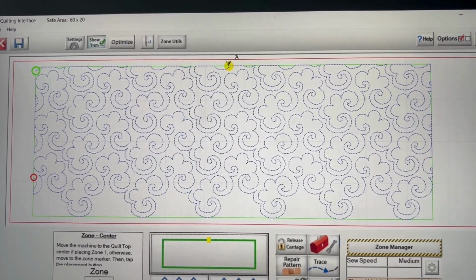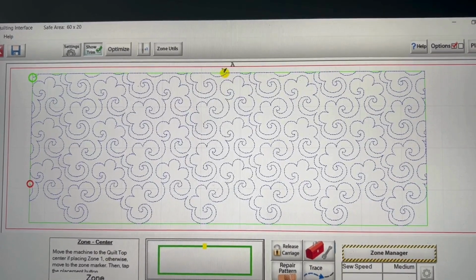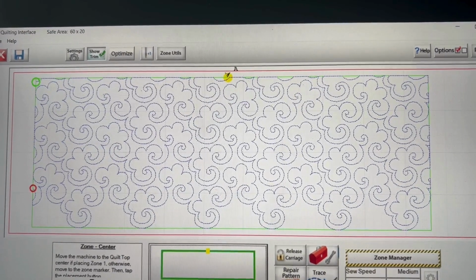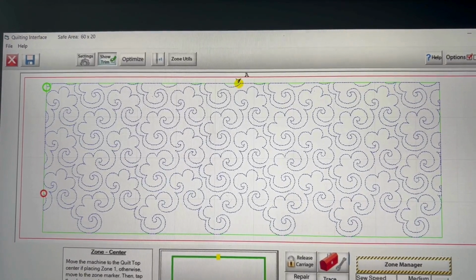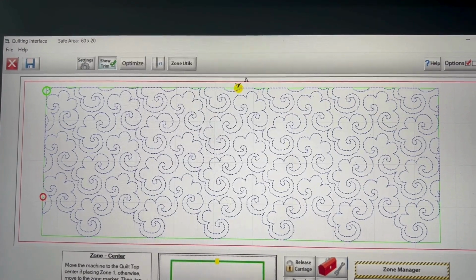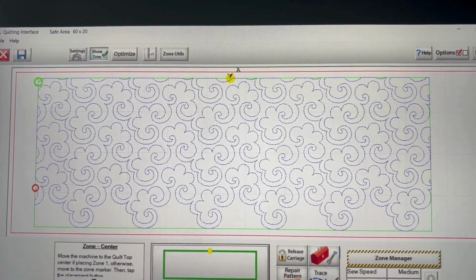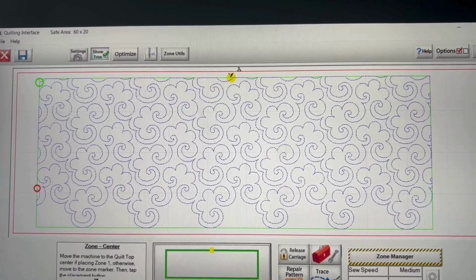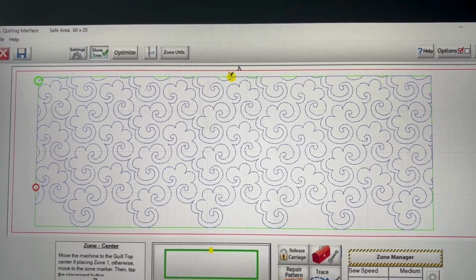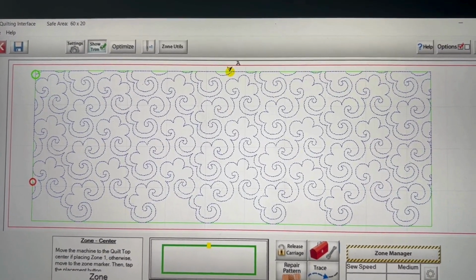Advancing a quilt takes time. You have to advance the quilt, secure the sides of the quilt, you know, there's a lot of steps that you have to do when you advance a quilt. And so it takes extra time. So by optimizing how many passes of the pattern I can put in one quilt zone, I'm being more efficient